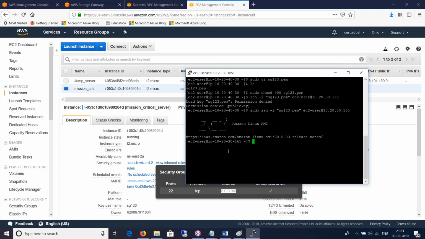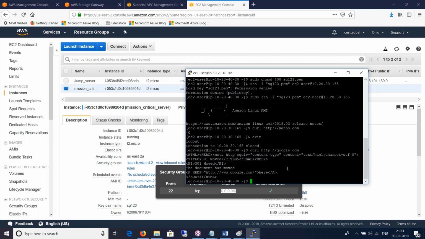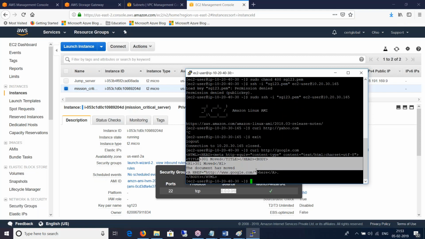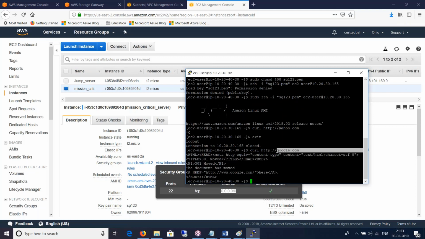But if you look at this machine, it does not have internet. If I do curl http://yahoo.com, it's just thinking. It doesn't give anything. It should have given me a banner. On the other side, if I exit and go back to 40.30 and run the same command, http://google.com, it gives me the header, body, and all of the HTML content of google.com.